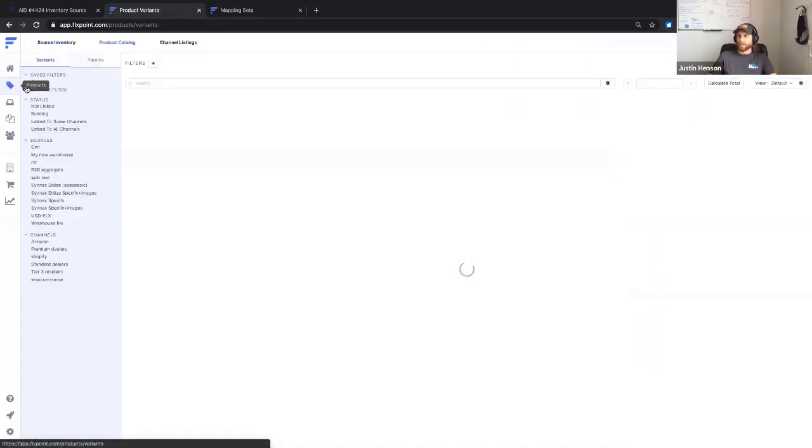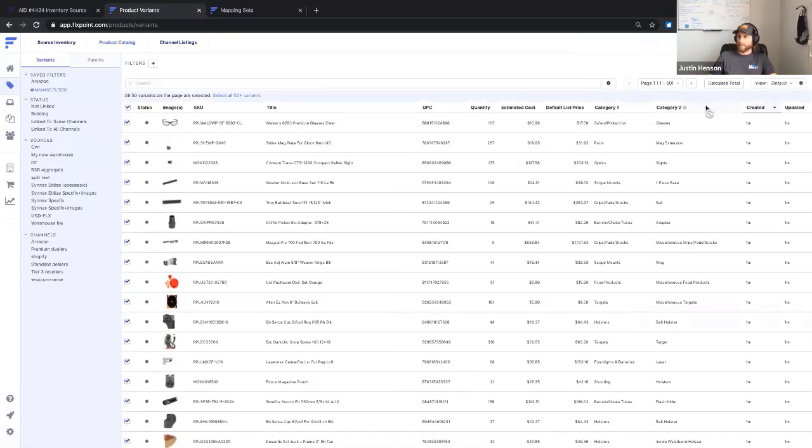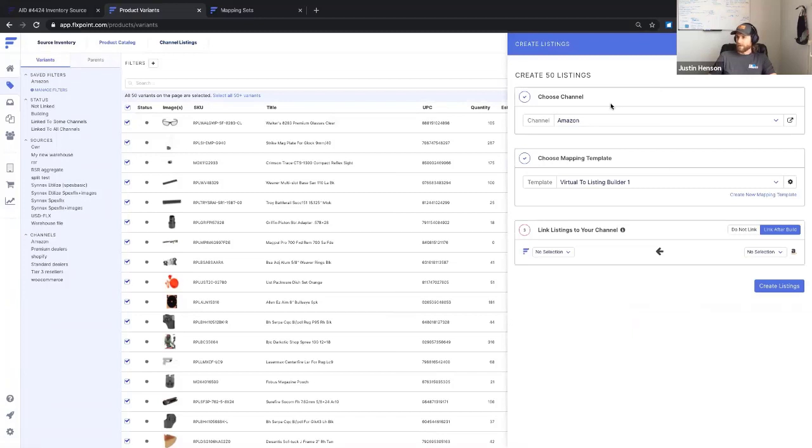So that's just a use case I want to point out. Some folks have requested that and have a use case for that. So if we go back to our listing builder here, we select our template, and then this last toggle here